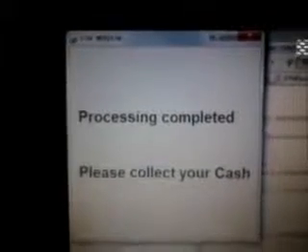Now when the ATM machine shows the desired bank that the user has chosen, the Andhra Bank account number and all such details are already preloaded. The user does not need to enter any such details. He just needs to press the submit button, and that's it. Process completed. Please collect your cash. That's the status he will be getting.